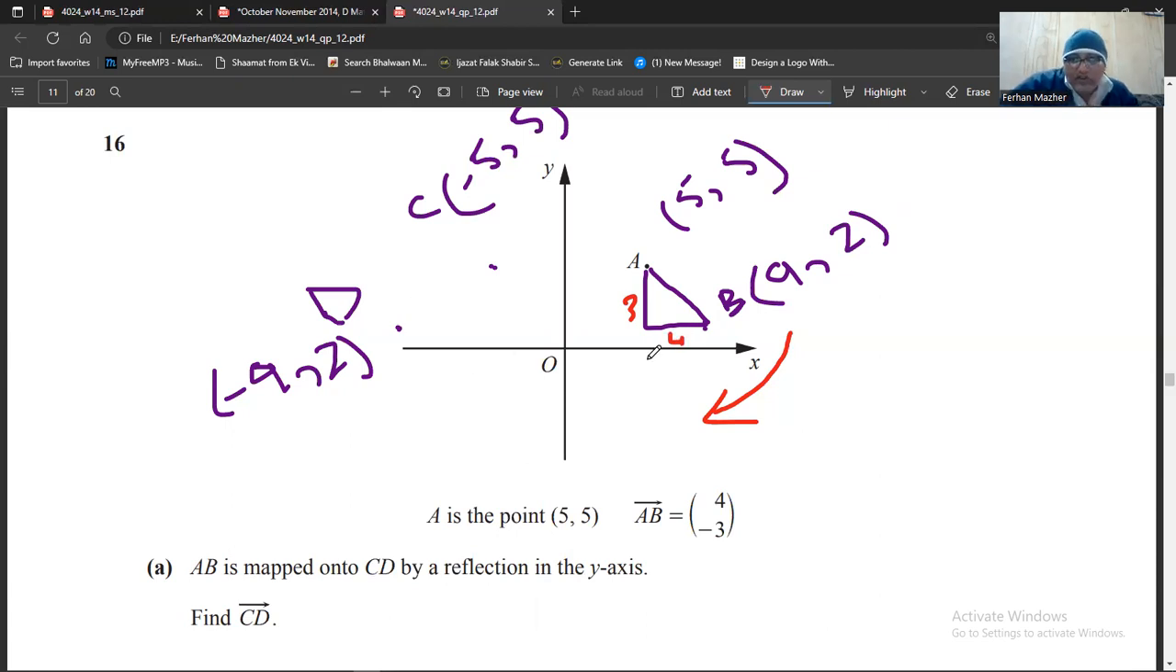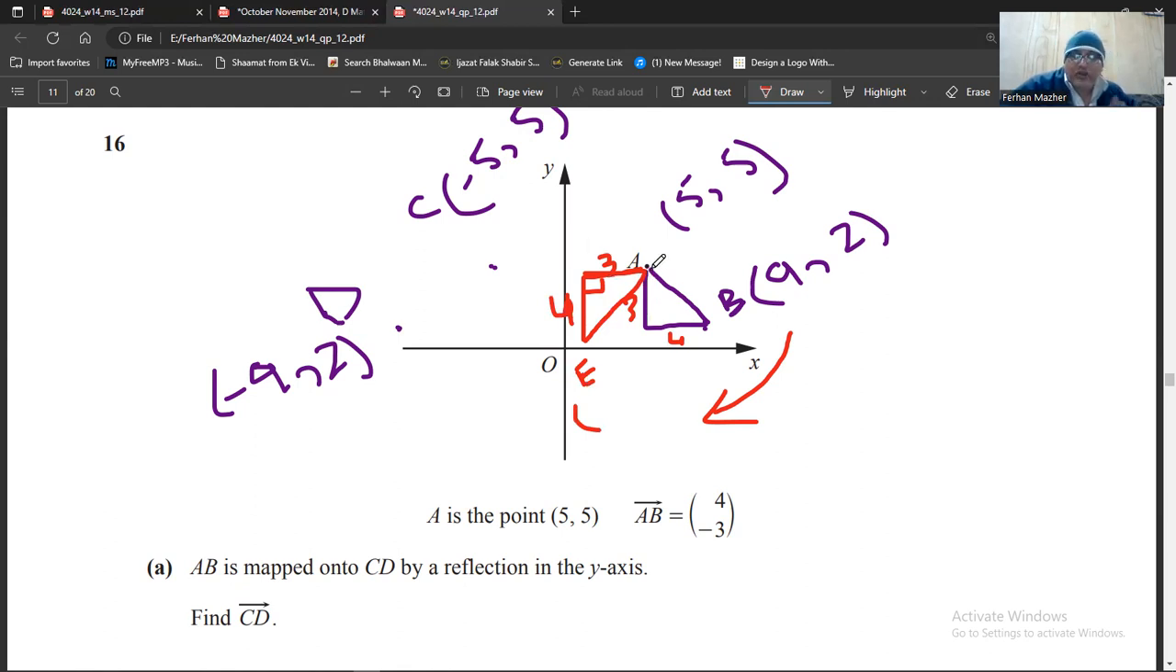So when you rotate it 90° clockwise, this side will come here. And this side will be like this and this, you see. So this side will be here and this side will be here. This will be 4. So this will be the point E, whose coordinates will be